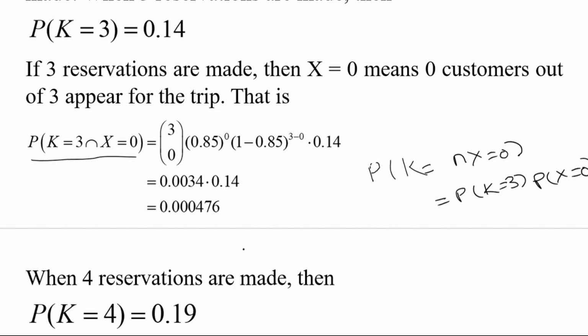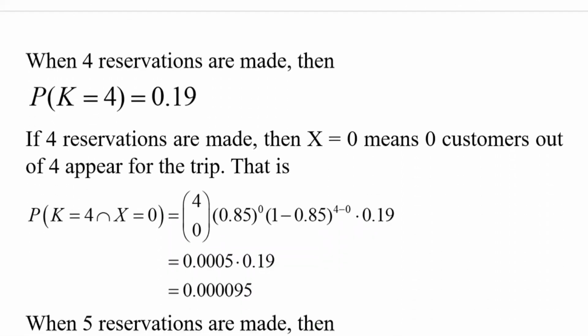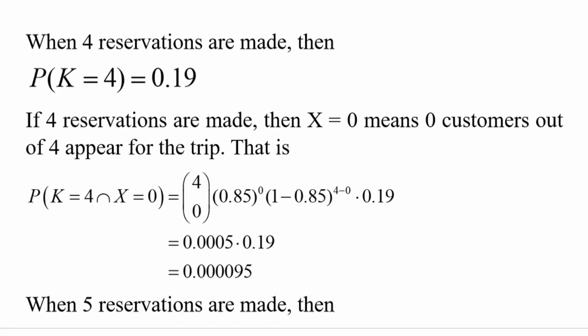As we know, the probability of k is equal to 3 is 0.14, and using the PDF of the binomial distribution, the probability x is equal to 0 is 0.0034. When we multiply these, the result is 0.000476. Likewise, when 4 reservations are made,